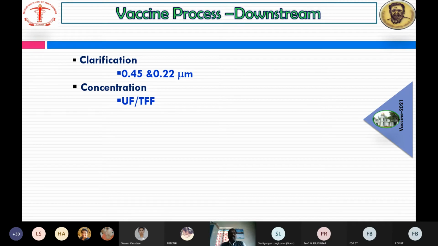Next, TFF, which is tangential flow filtration. For example, it uses a cassette with a molecular weight cutoff of 100 kilodalton. Those below 100 kilodalton come down through, and only those above are retained. That is called concentration. Once the 100 liters of upstream material is clarified, then concentrated to 1 liter, then with the 1 liter material I am going for